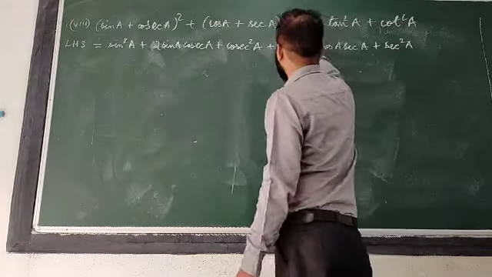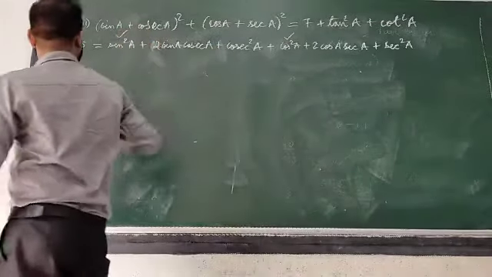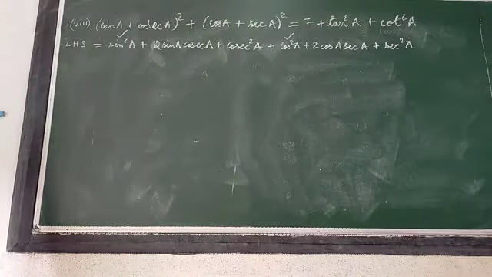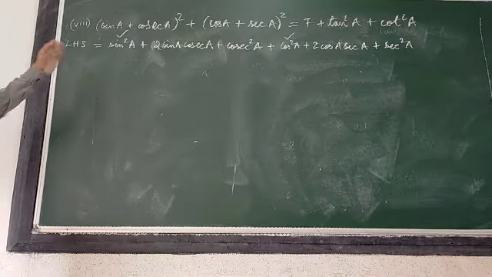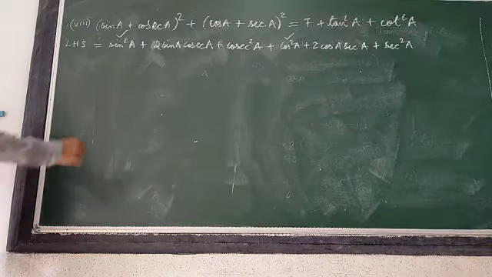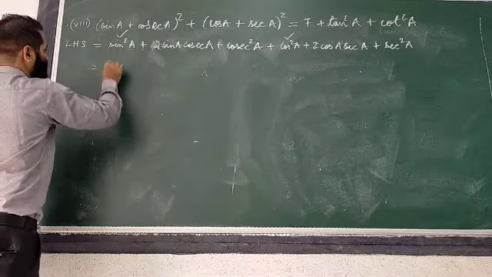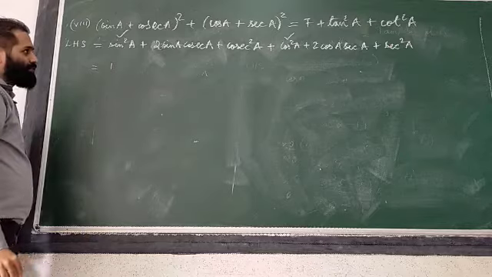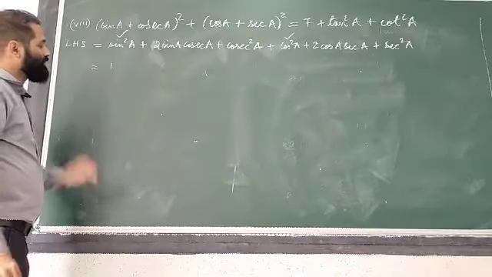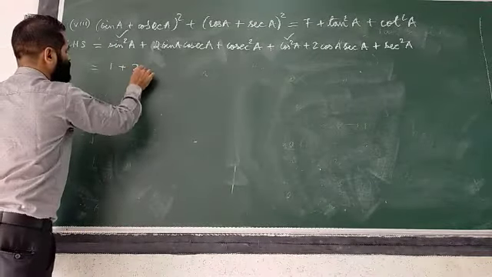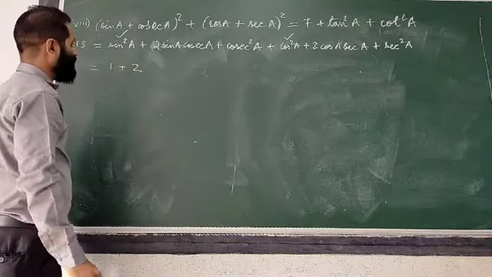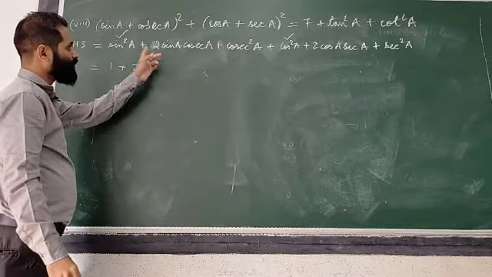Now we know that cos square a plus sin square a is 1. So just mark it so that we have taken this, otherwise you have to write the reason. Sin square theta plus cos square theta equals 1. So I am taking it directly as 1. So these two terms we have taken. Plus 2, at least we got 1. Okay? Now there is 2.